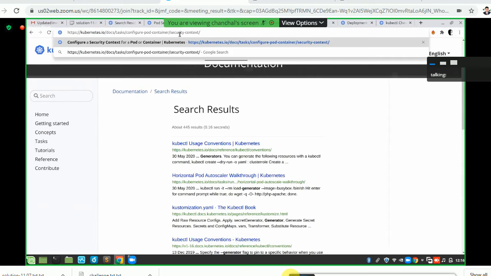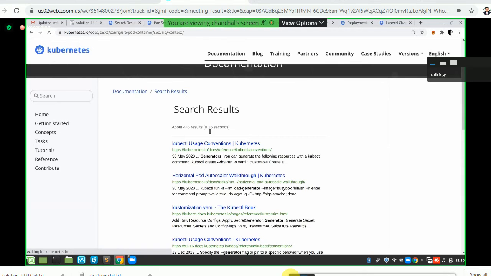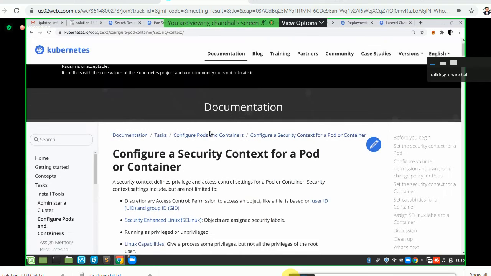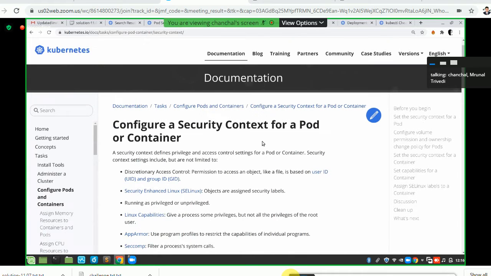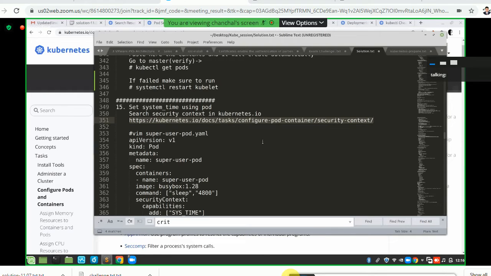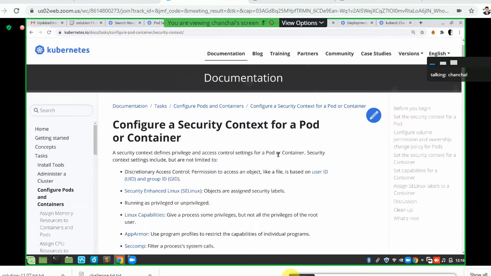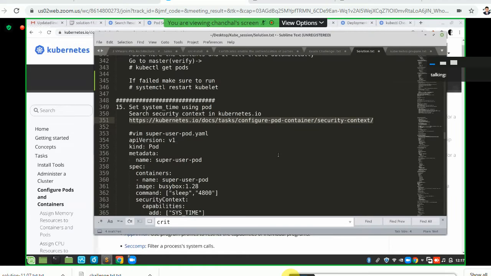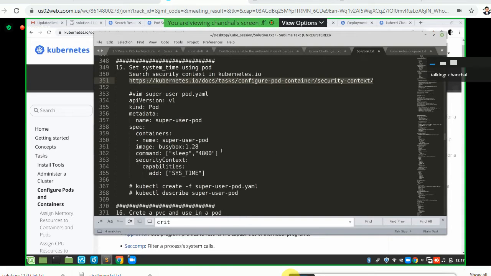Deepak was referring to this only, isn't it? Configure security context for a pod, yes, the same thing I was referring to. In fact, I only copied this part, but I was forgetting that it is part of the documentation. I have already pointed it out. Usually you set a security context, and that security context again should be attached to a service account. That is usually the workflow. Okay, so here is the pod content.